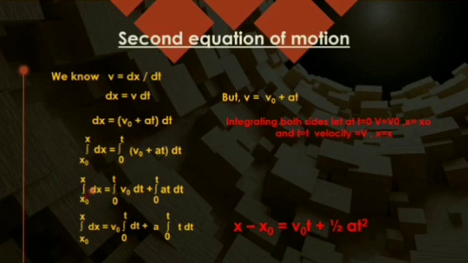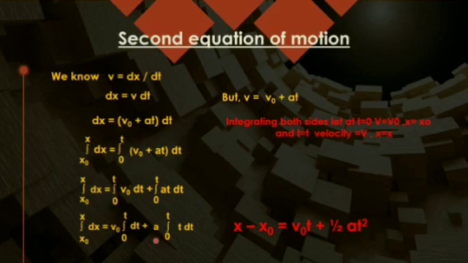So for this, if you find the integral of dx, it is simply x, and with the limits, upper limit minus lower limit, it is x minus x0. For v0, v0 is a constant value, the initial velocity, which can be any number, so it is taken out, and the integral of dt is t, with upper limit t minus 0, upper limit minus lower limit, so this equals v0 multiplied by t.